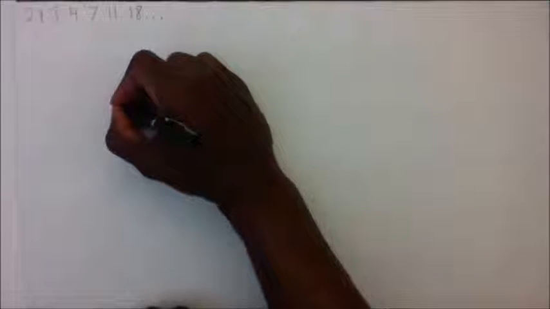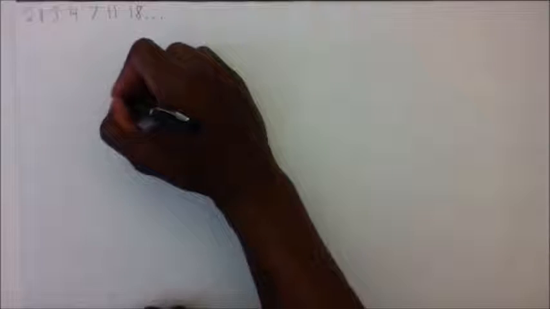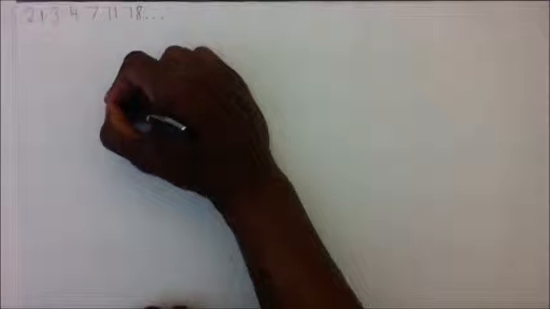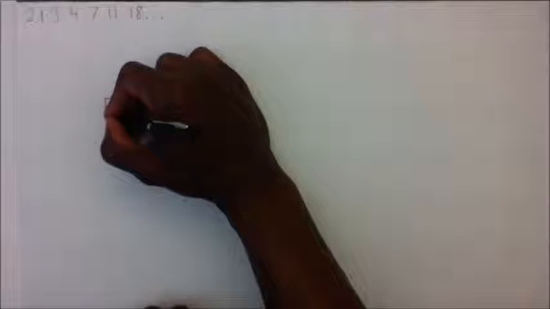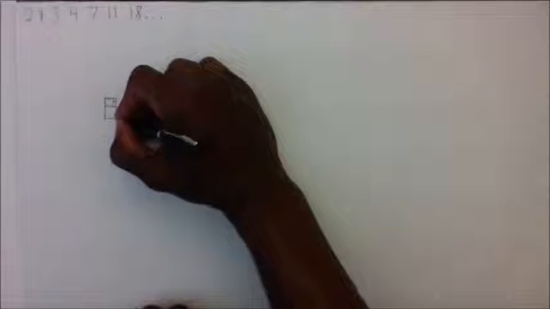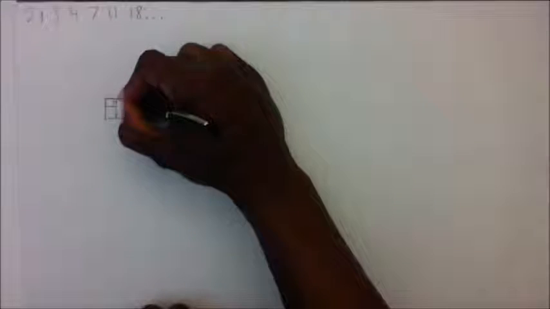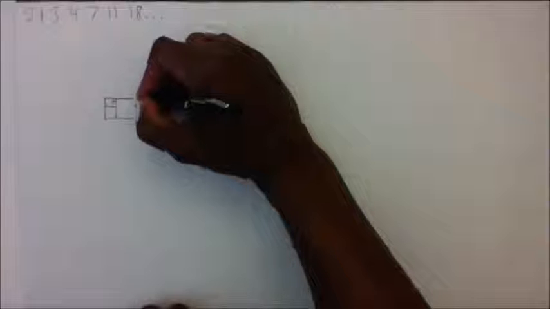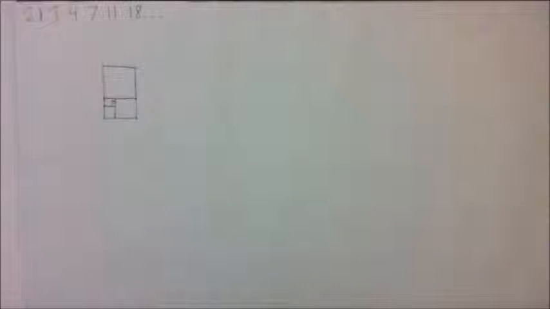And so if I want to depict that visually, I could start off with a 2 by 1 rectangle as best as I can draw it, and on the end I'll tack on a 1 by 1 square, and then I'll add to that a 3 by 3 square, and then a 4 by 4 square, and we'll continue this. Okay, and what happens is that the aspect ratio of the overall rectangle starts to change, and in fact it will converge upon a given value. So just to illustrate this, I will pick another